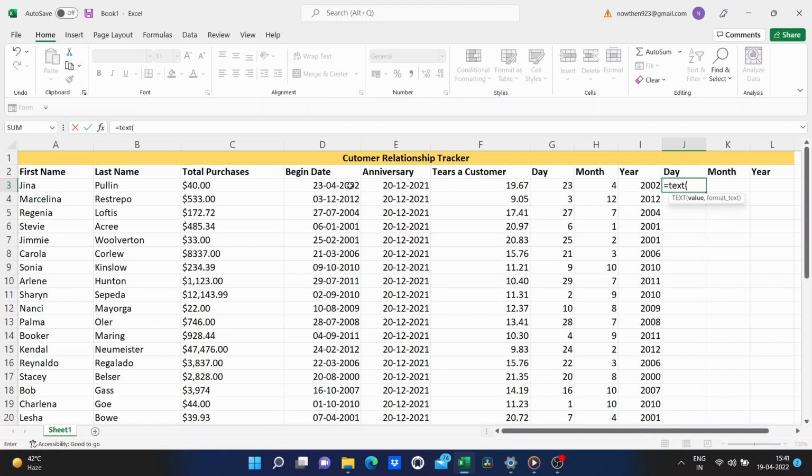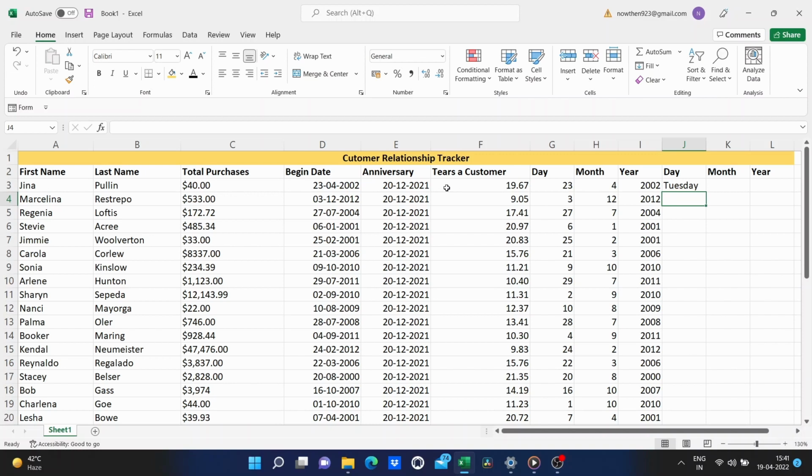I'll click the date in question, and then I'll put in a comma. And in quotation marks, I'm going to put 4 Ds representing day. I need to close the quote, and I should put in a right parenthesis. Tap Enter, and Excel has pulled out the day as Tuesday.